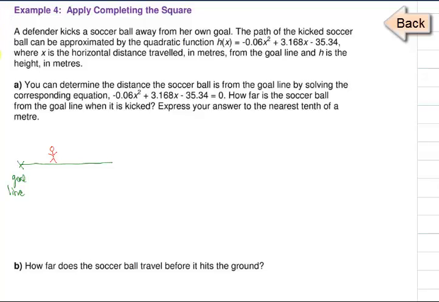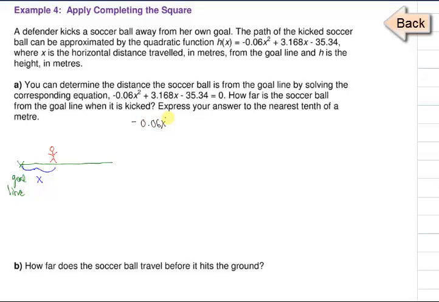We want to know how far the soccer ball is from the goal line when it is kicked. We want to know this distance here, which, because it's a horizontal distance, is going to be our x. So we take our corresponding equation